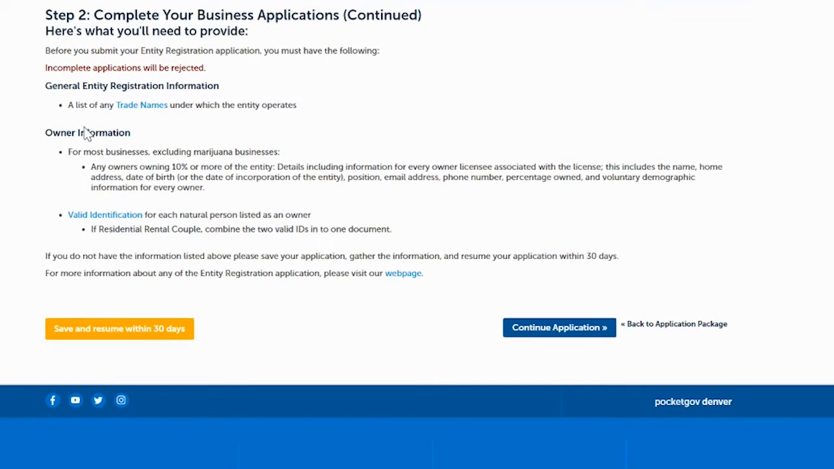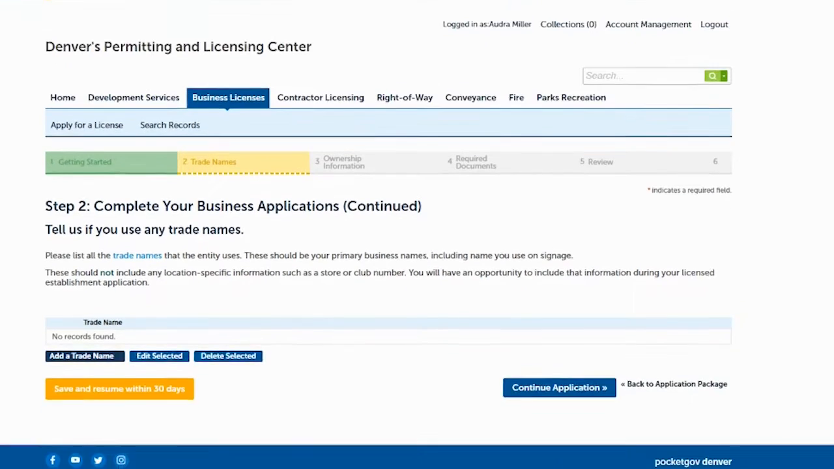And then here it's just telling you the information that we are going to gather. If you have registered as an individual or couple, you will need to have a valid ID for both individuals. If it's just one individual, you just need one ID. If you have two individuals, you need to provide both valid IDs, and you'll need to combine them into one PDF document or a JPEG document. And then we also want all of the ownership information, like your address, phone number, date of birth, things like that. So then you're going to click on continue application,